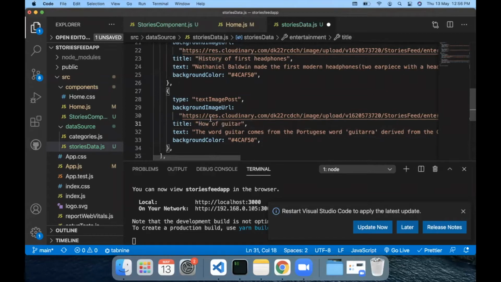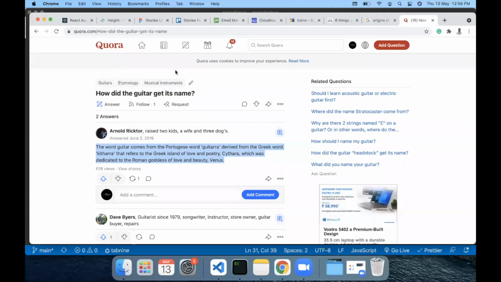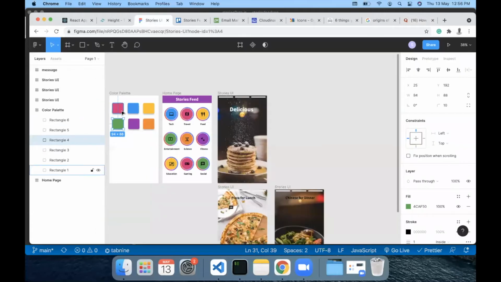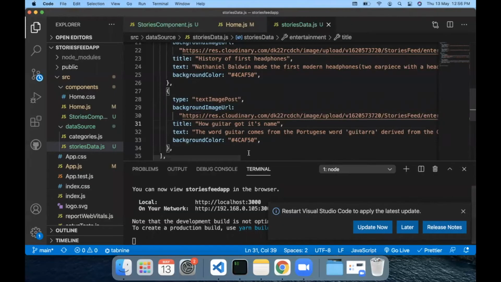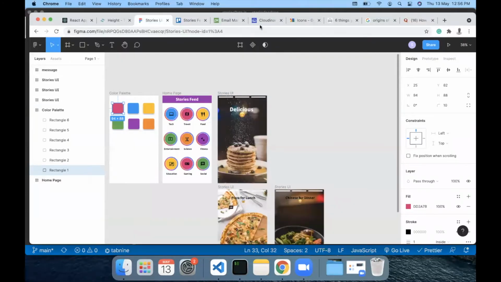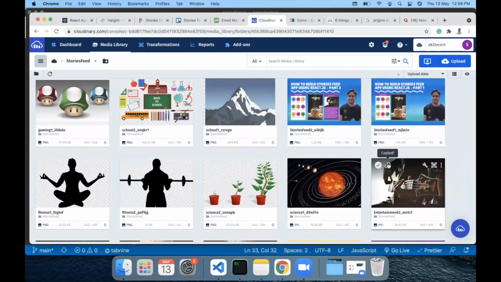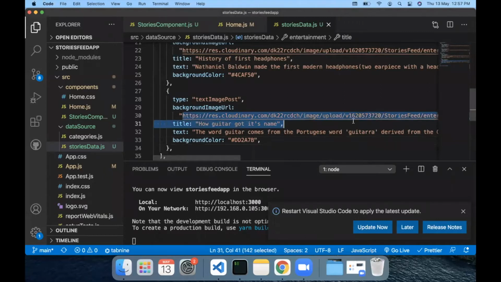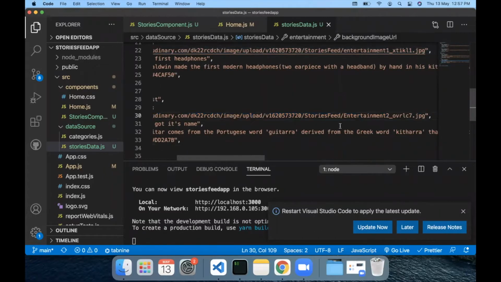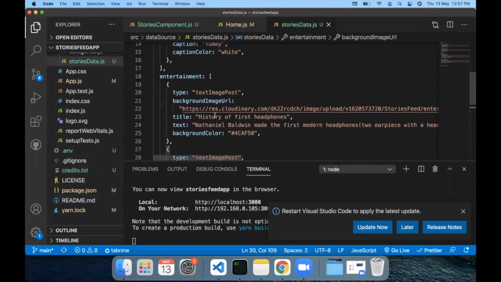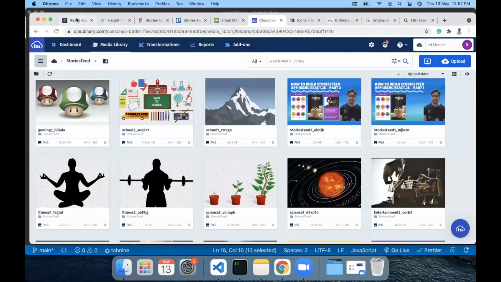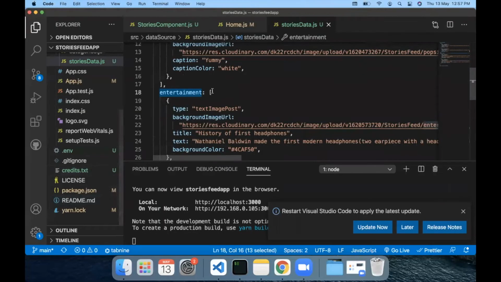So let's just name it to something like how guitar got. Then let's add another background color. And the image. So once we have the JSON object ready for our entertainment category, the next part is to actually go ahead